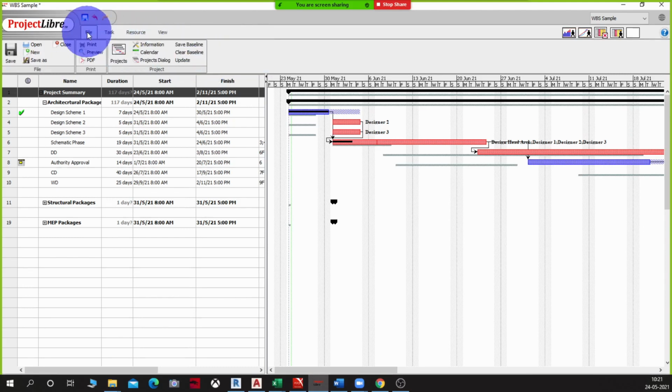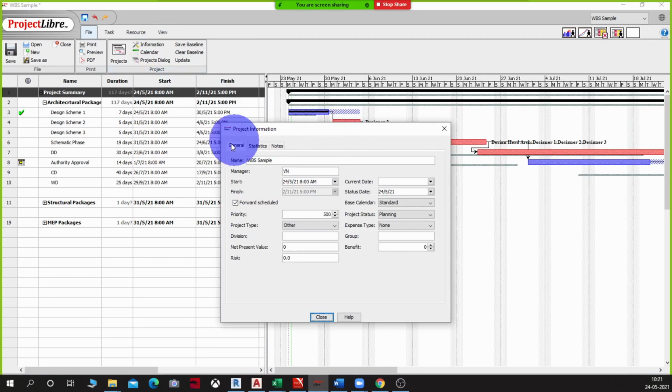I wanted to see the overall project status, so I need to come into the project which is under file. There I need to come to project bar, and here when I click on information, it will show up this project detail to me, and here it's telling that it's a forward schedule and all the information.